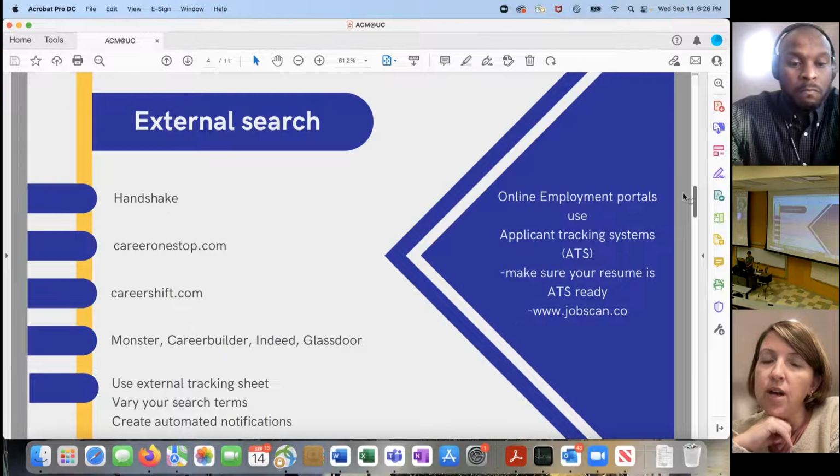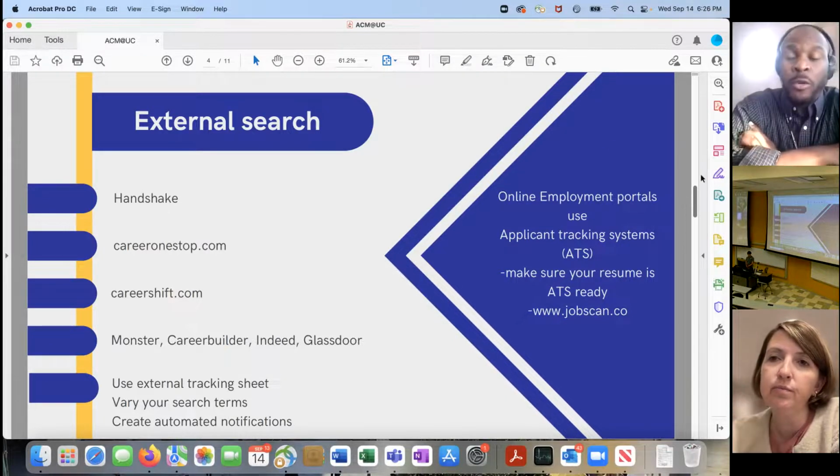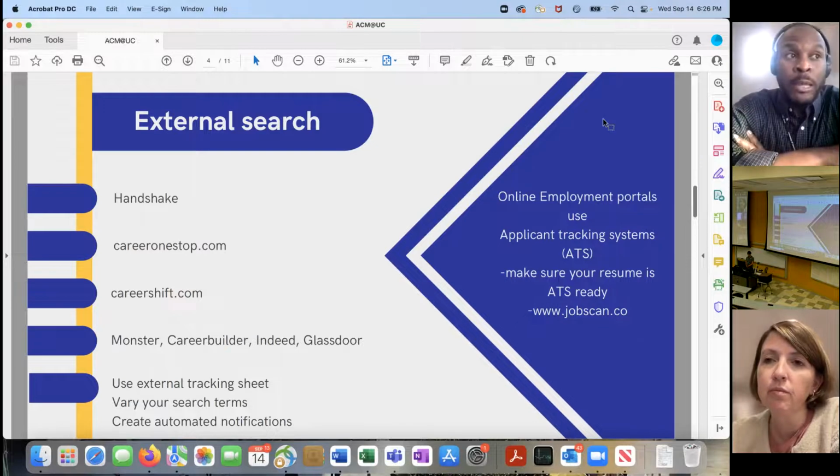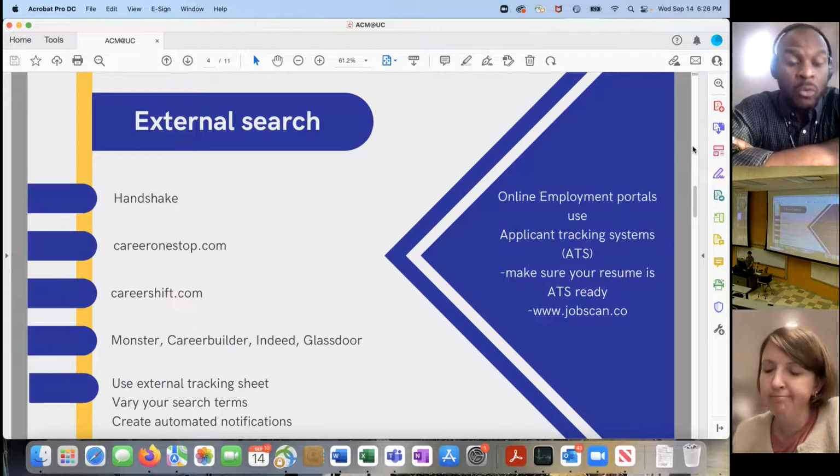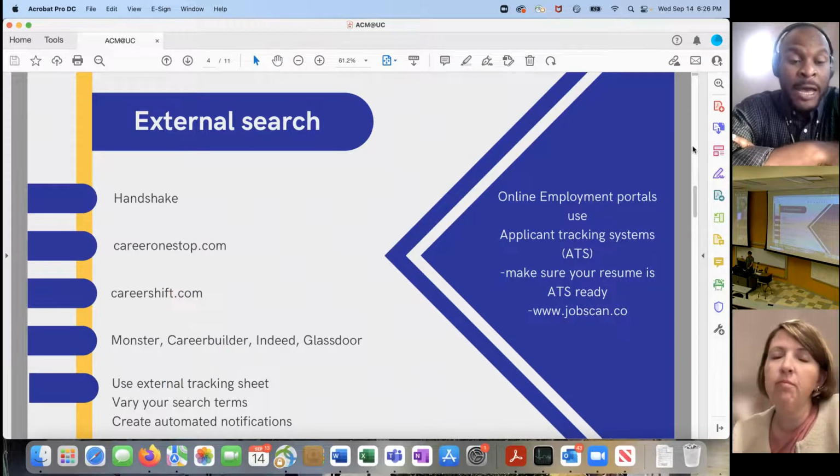Professor Clark, what would you like to add? I think you hit everything on the head. The only other layer I would add is the value of that external tracker sheet in helping you run an organized search. Looking for a position is a full-time effort in itself.